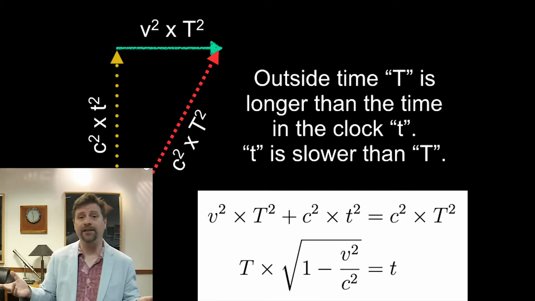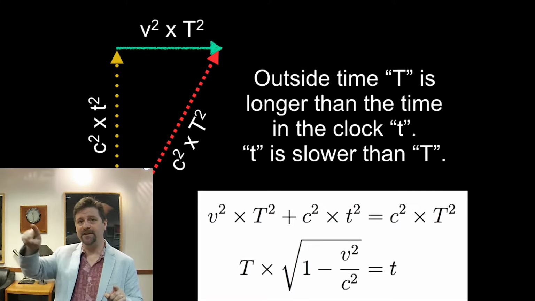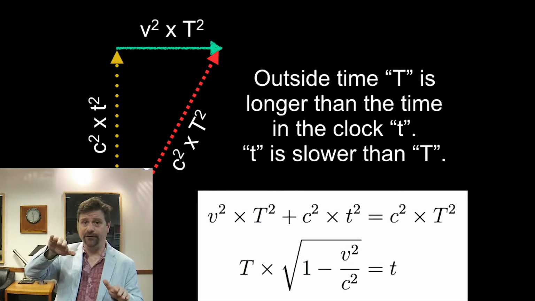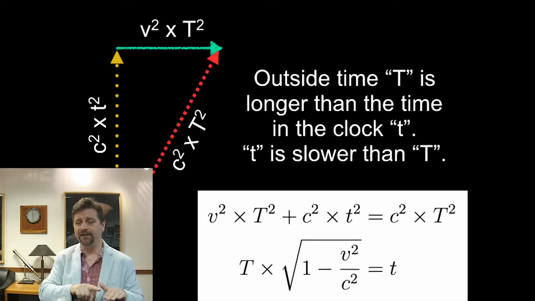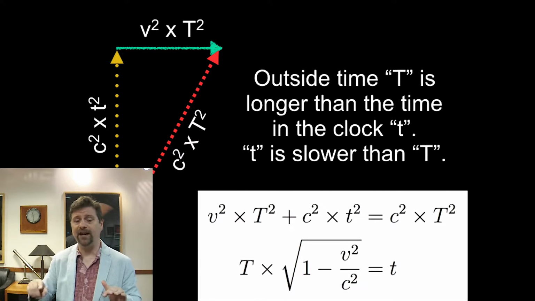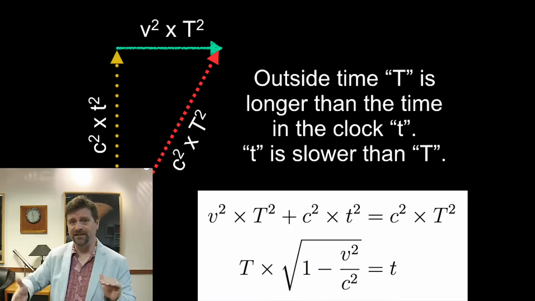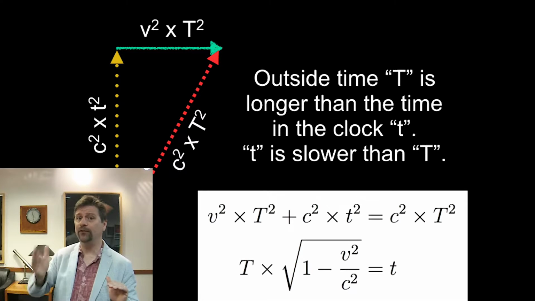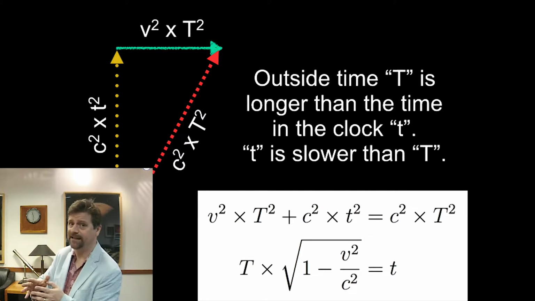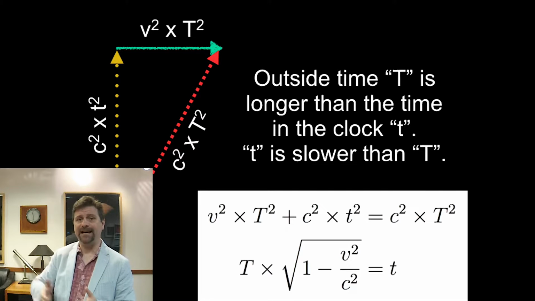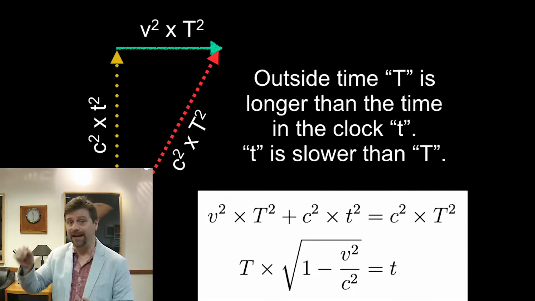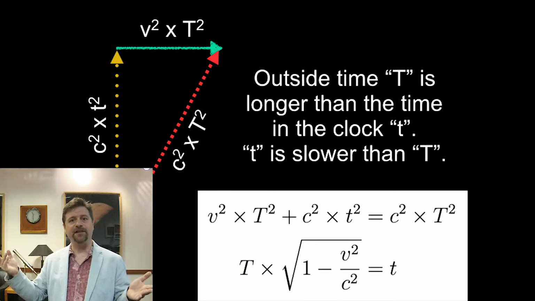Well, it's just simply the Pythagorean theorem. So you've got the speed of light times the time that we see it to go, which is the hypotenuse of the triangle, and then we have the speed with which the tube is going across our line of sight, or towards us or away from us, and that's going so far and so fast. So we have that speed times that time, which is a distance squared, and then this distance, which is inside the clock that the person riding with the clock sees. So that speed is the speed of light times their clock time, squared. So that's the Pythagorean theorem.